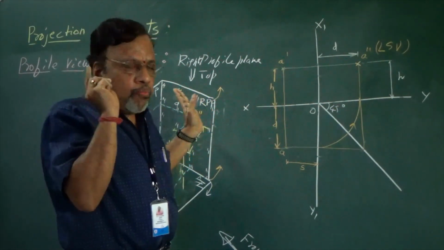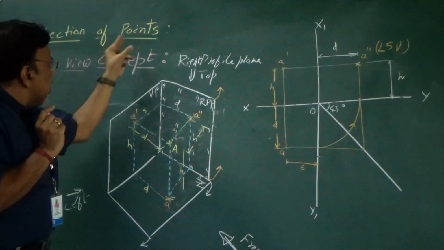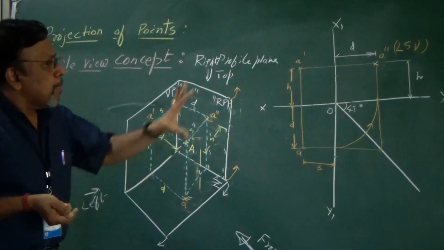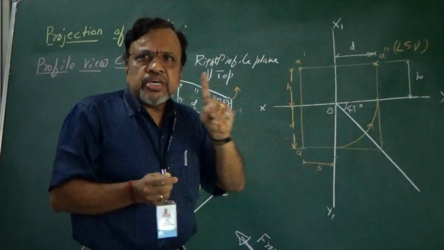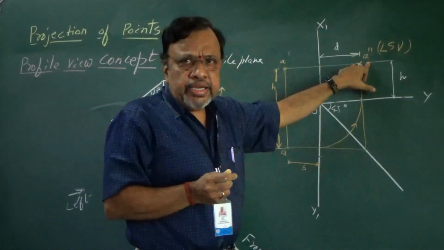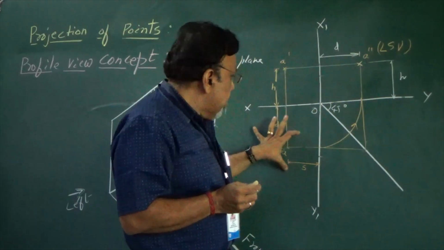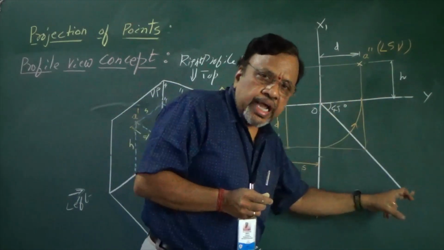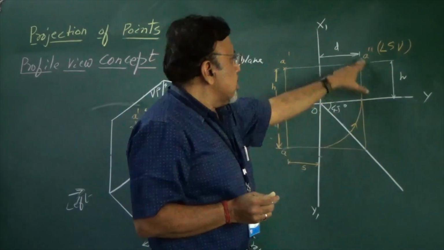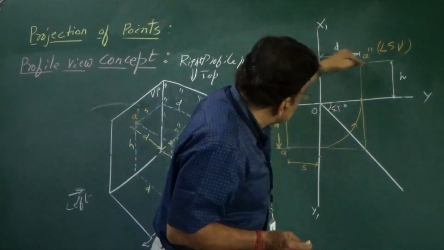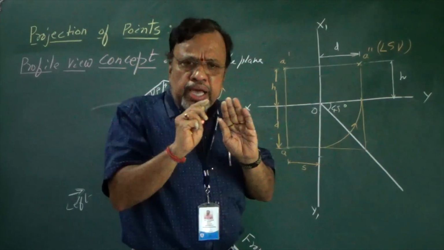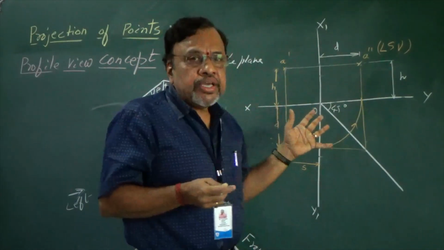Is it clear? Now, since this particular point may be in any quadrant, first, second, third or fourth, what is the general procedure we have seen here? Wherever you have the front view, in line with that we get the side view. And wherever you have the top view, draw the 45 degrees line to transfer this d distance, so that I can draw the horizontal projector and vertical projector, and their intersection with the projector through the front view will give the side view. Now let us use the same procedure if you have the point in any quadrant.